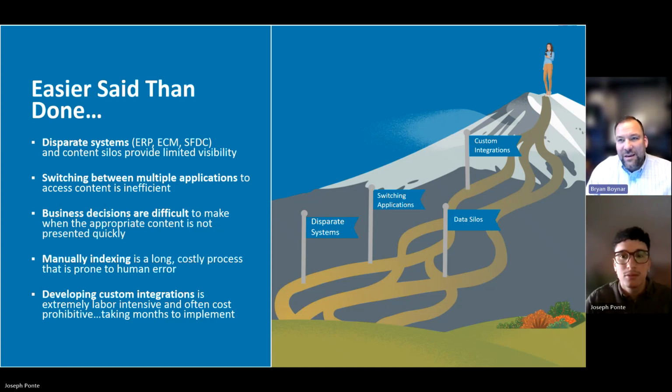So how do we get from that one-stop shop Salesforce capability to a 360-degree view, to a place where you're able to skip all these obstacles? You're able to climb up that mountain to a place where it's still a platform one-view experience, but then also having capabilities that enable or enhance the use of Salesforce. And as we look at the next slide,